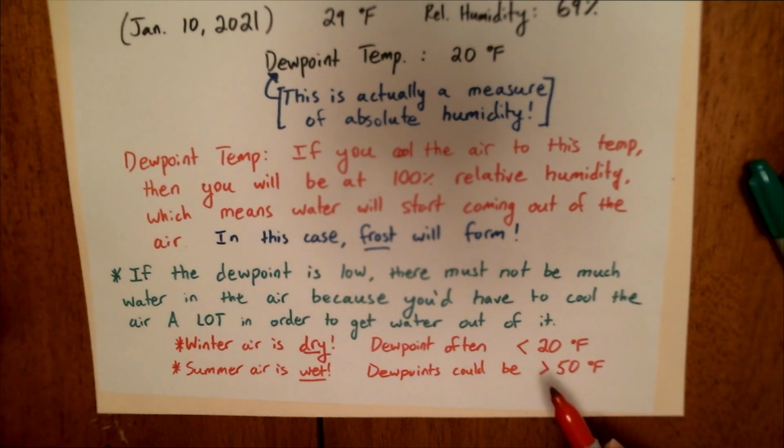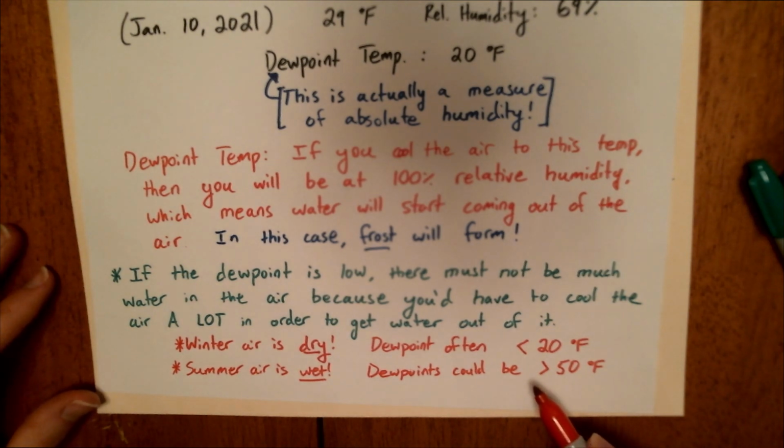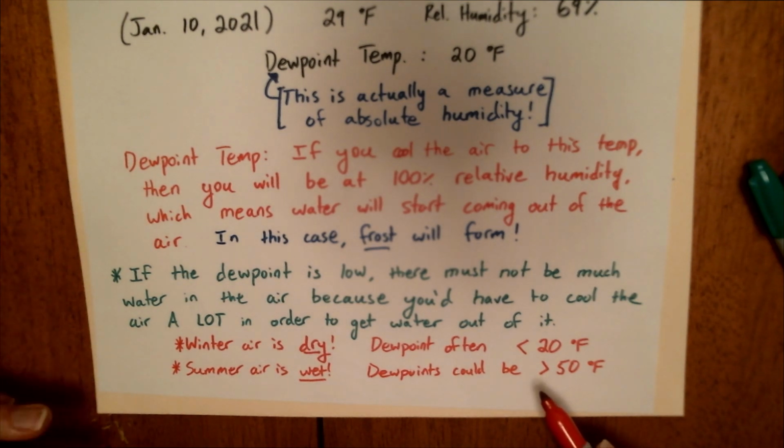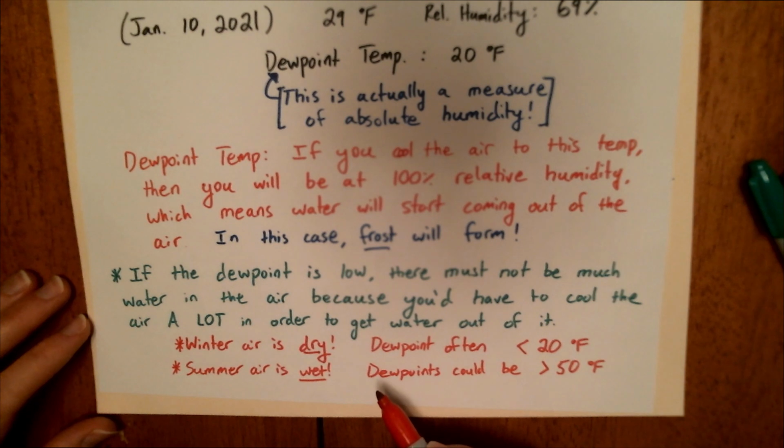There are some really muggy parts of the world where the dew points could be pushing 60, 70 degrees. That is oppressive. The air becomes kind of thick. You can feel it physically. But again, this